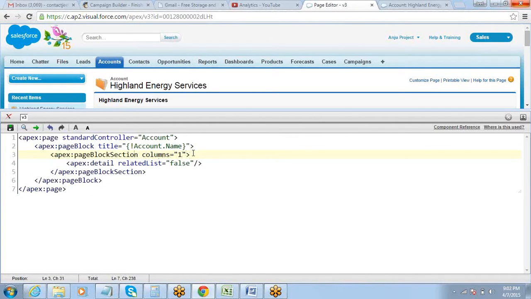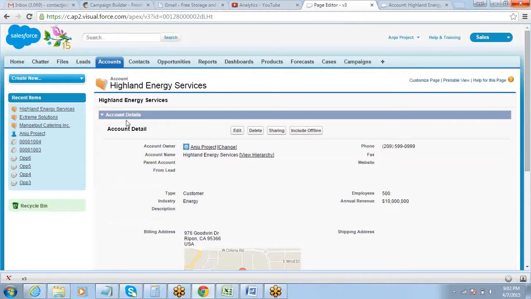If you want to put a title also to this page block section, you can put a title, something like account details, whatever. So I have this page block section and I have given a title to it.